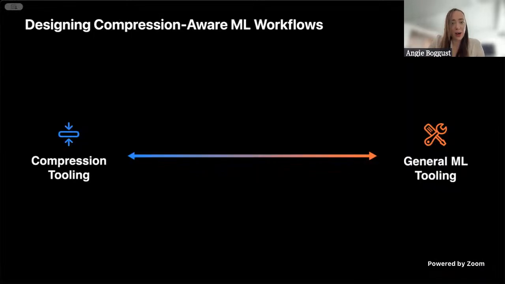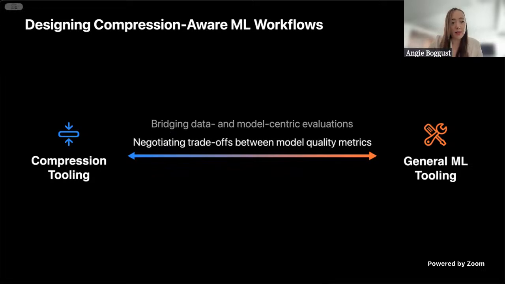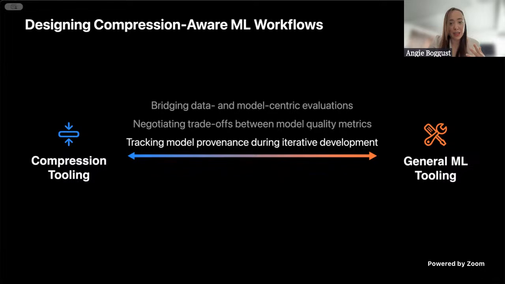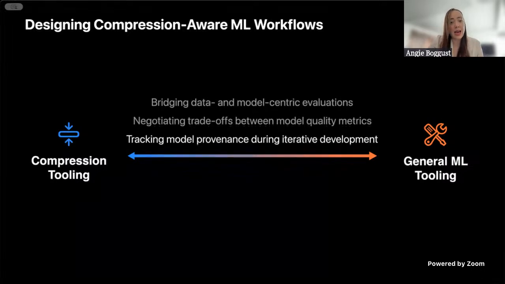Today, we've talked a lot about why compression tooling is needed and how we designed Compress and Compare to support those needs. But during our design process, many of our seemingly compression-specific design choices also felt relevant to general machine learning tooling. For instance, tasks like bridging data and model-centric evaluations, negotiating trade-offs between multiple quantitative metrics, tracking model provenance, and comparing